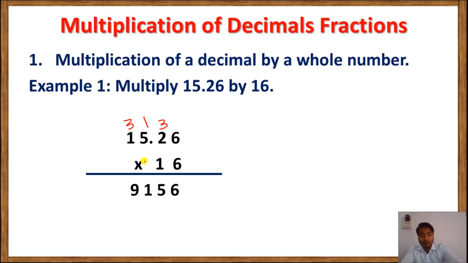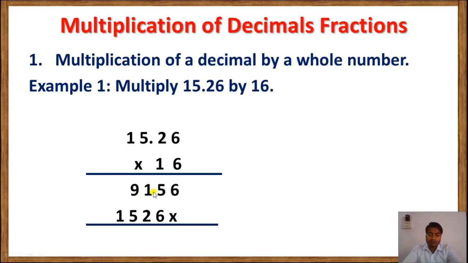Okay. Now we will multiply these numbers by 1. Then 1 into 6 is 6, 1 into 2 is 2, 1 into 5 is 5, 1 into 1 is 1. Now we have to add these numbers. When we add, we'll get 2 4 4 1 6. But you can see here I have mentioned the decimal point. Now in the result you have to give the decimal point.